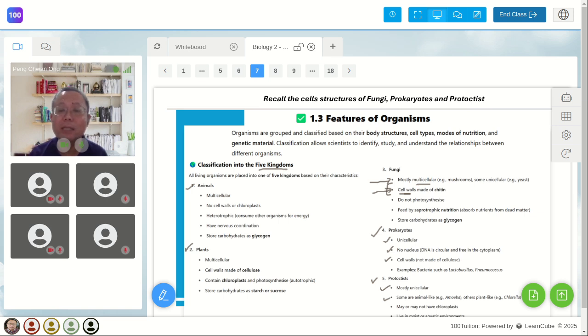Okay, so the thing to remember again, where we didn't go in detail, is the fungi cell, right? They have cell walls. Okay, but they do not photosynthesize. And the biggest difference between all of them and the animal cells is that animal cells don't have cell walls,